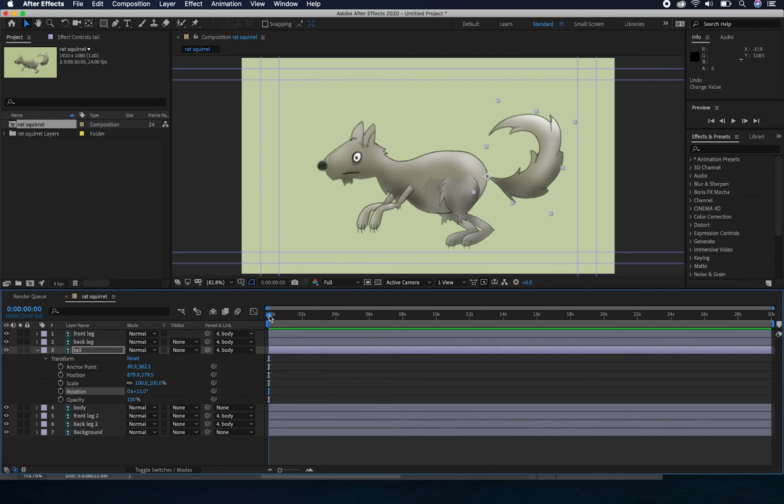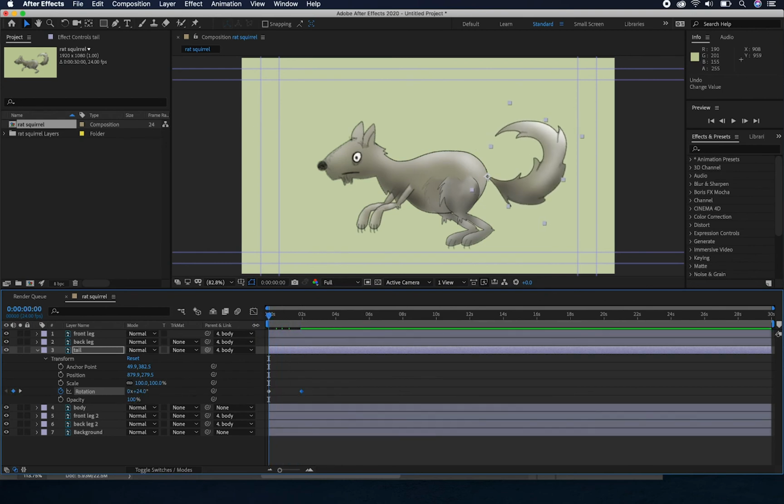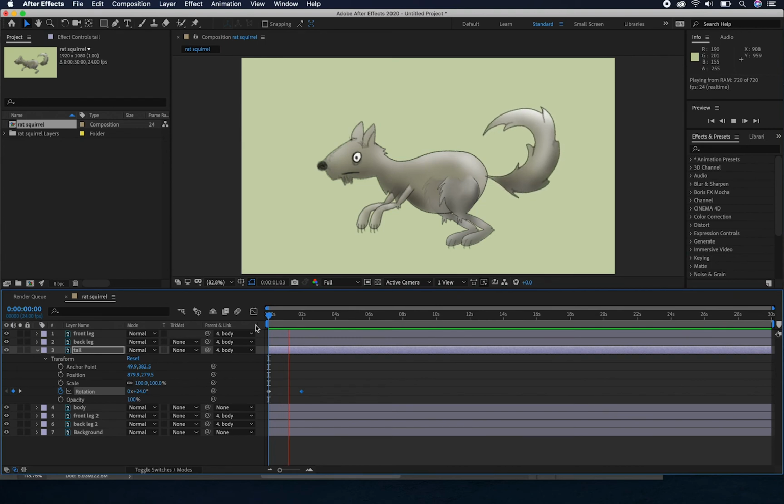So ordinarily I could click the stopwatch, put the tail into its starting position, move the timeline indicator and move the tail to a new position, and it keyframes it. So I then get this movement,